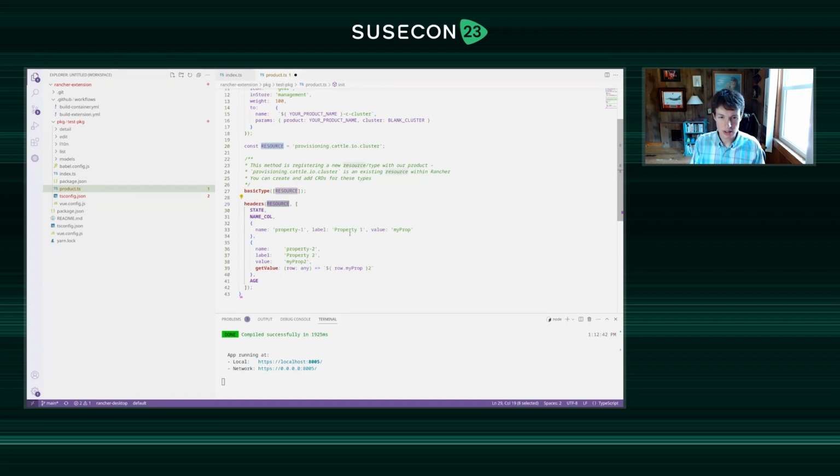I'm going to give one header, it's just going to be titled property 1, and this is going to be looking at the value of my prop. And I'm also going to pass another header for property 2, and this is going to be looking at prop number 2. But the difference between this one is it's actually going to be running a Lambda function to get a value for it. So for any row within the resource, it's going to look at the myProp value, and it's just going to concatenate that with the number 2 afterwards. And then I'm just having the age there as well. So if I save this and go back to the browser,